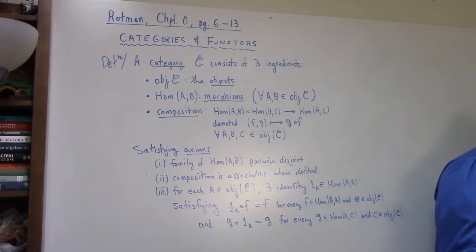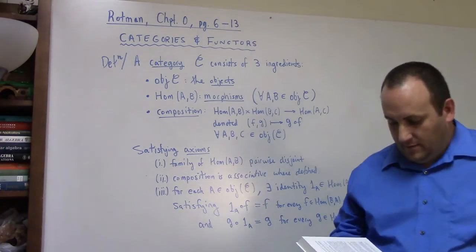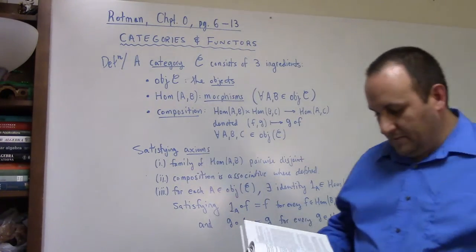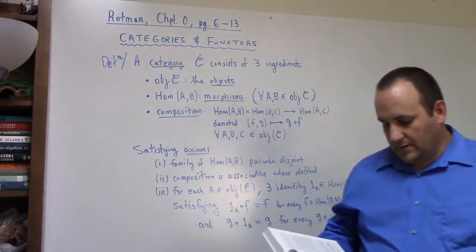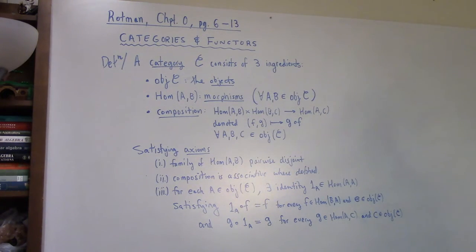Okay, so last time we talked a little bit about how algebraic topology can be used to prove theorems outside algebraic topology, I suppose. Today we're going to look at categories and functors, at least to start with. So here's the definition of a category from Rotman. Now,